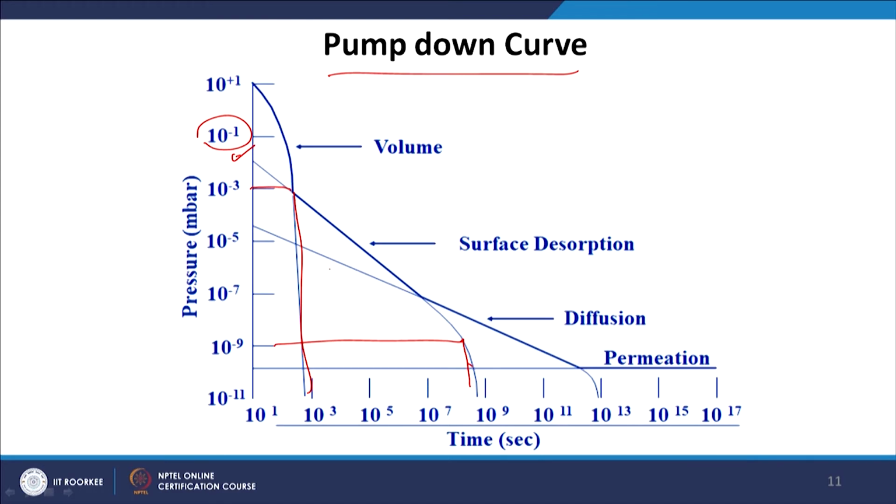If you go to the diffusion, the kinetics is much slower. If you go to the permeation, it is almost saturated. So the meaning of this curve is that if you go from volume deposition to surface deposition to diffusion to permeation, the kinetics becomes much slower, and that is expected. It is much easier to deposit on the volume rather than on the inner surface. So kinetically one process is much more favorable than the other, provided the other parameters remain constant. That gives you an idea: if I have a pump, I know how much time it will take to deposit a particular material, and if it is not deposited by that time, we know that there is a problem in the pump.